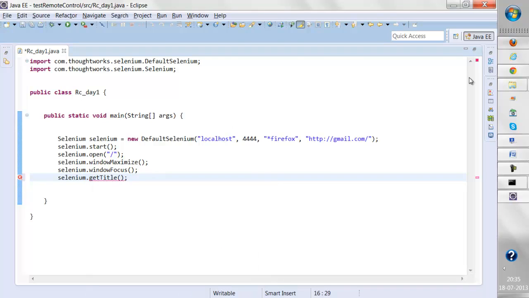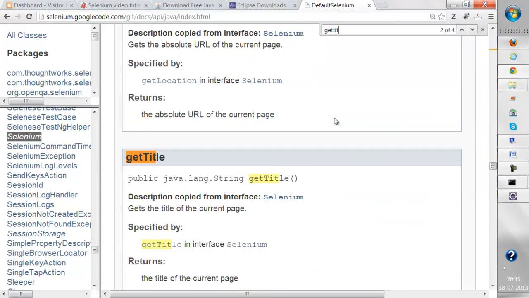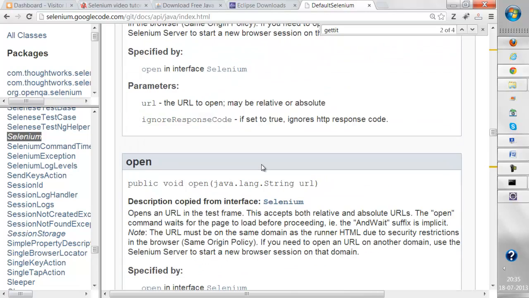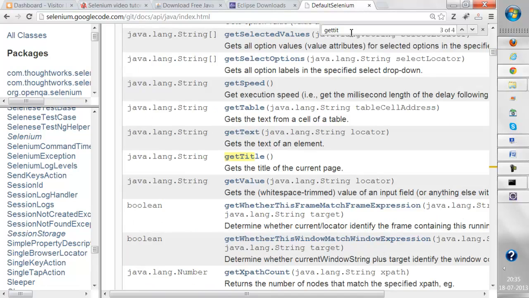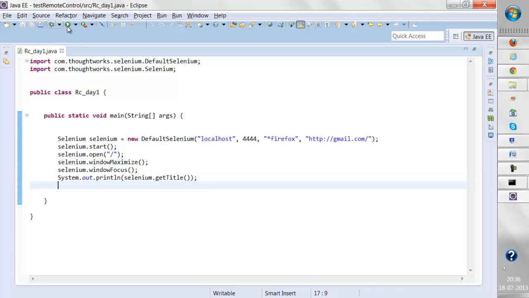Now if you search the same method over here, that is getTitle, you can see this method actually returns the title of the current page. So if you search for this method, it gets the title of the current page. When you say selenium.getTitle, and you want to print this title, you can simply put it inside System.out.println. You'll just save it, run this,